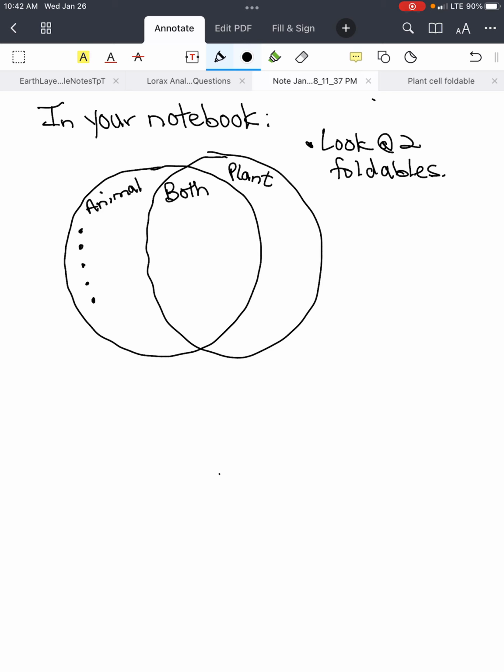And so then over here, you can just bullet this: what cell structures or organelles do we find only in animal cells? Over here, what cell structures or organelles do we find only in plant cells? And then here, which cell structures or organelles do we find in both? All right, so that's the first thing in your notebook. The second thing,